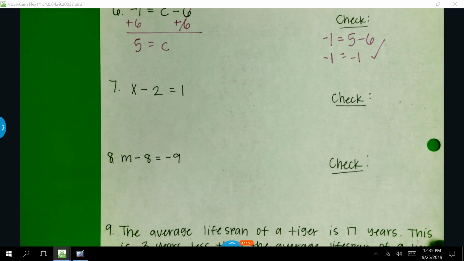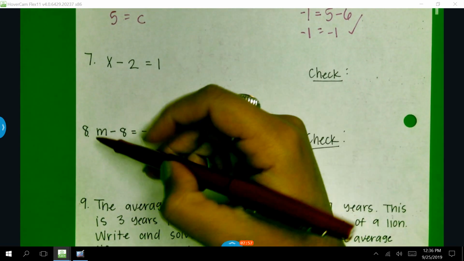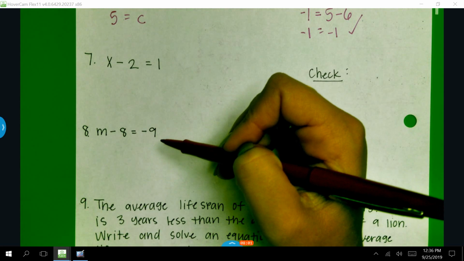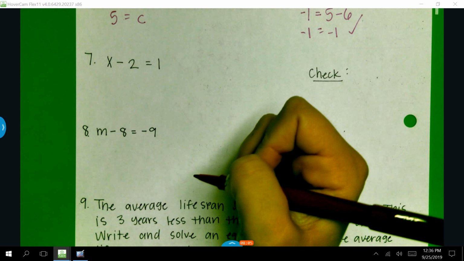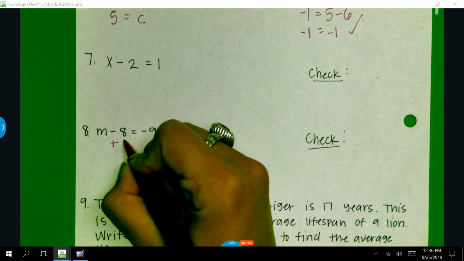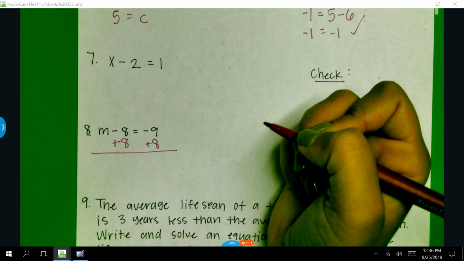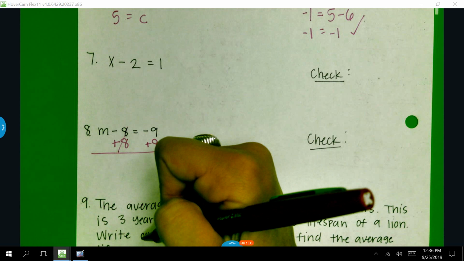Okay. What about number 8? M minus 8 equals negative 93. What am I doing? You have to add the 8s. Yeah, add 8 to both sides. Yes. And then work out the minus 8 and plus 8. And then M equals